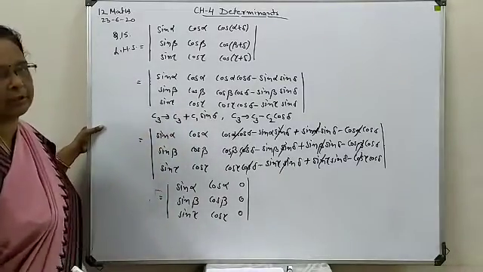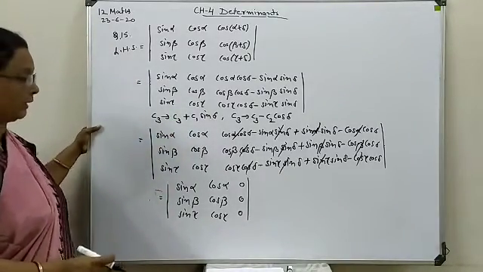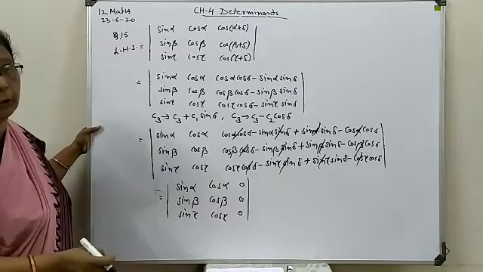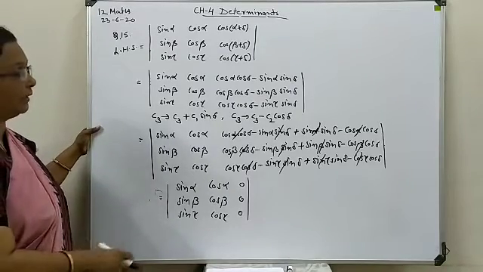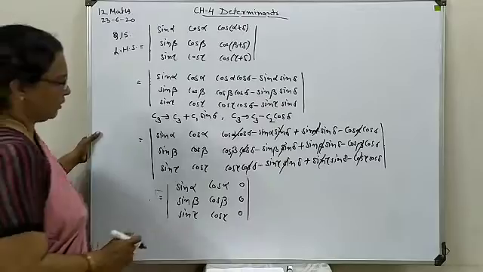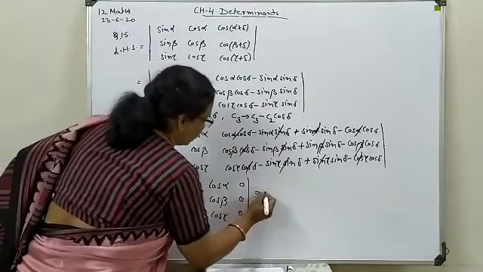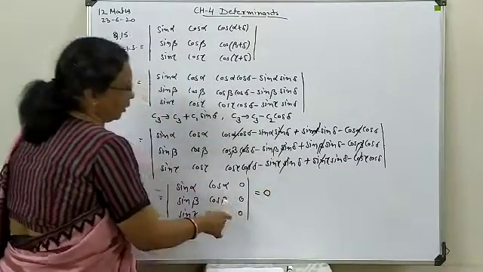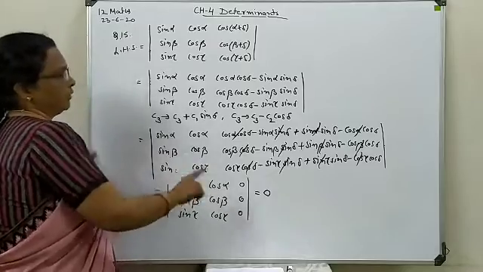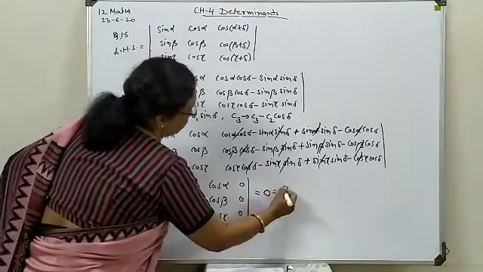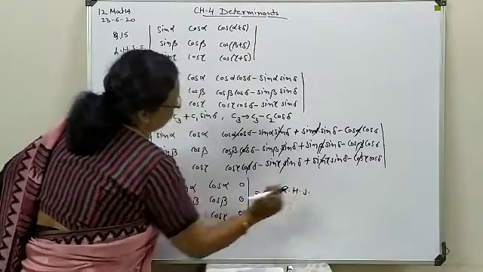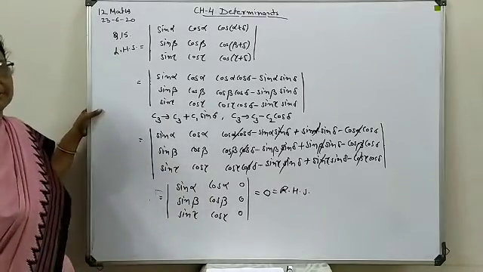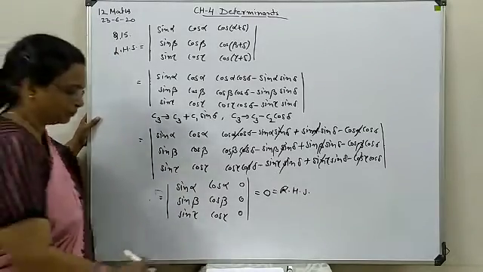As per the property of determinants we saw in the beginning, if any column or any row turns to 0, the final determinant value can be written as 0. So implementing the same property with reference to the third column, this whole determinant will turn to 0. That is our required right hand side value. This way you can handle trigonometrical terms.